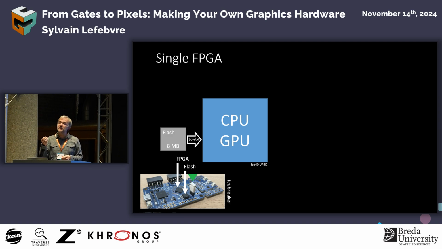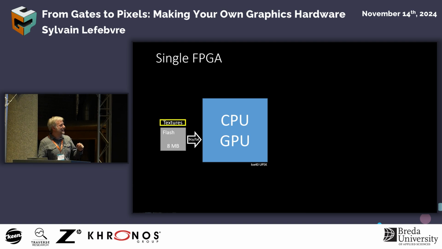A flash memory is very slow to write to, as in seconds slow, but you can read from it quite fast. In fact, you can reach 25 megabytes per second or even 50 megabytes per second from this FPGA. I managed only 25 megabytes per second so far, but others have done it at 50 megabytes per second. So I'm going to put the textures into this piece of flash because we don't want to do render targets. So that's a great place to upload your texture pack, and then you can access the textures when you do